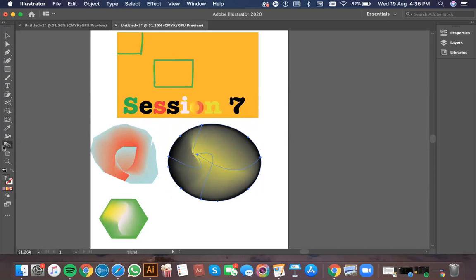The blend tool won't be used inside this one right now, but again it's used in sceneries. It can be used while making a poster. I think Hamza will tell you in more detail in the next session because he will be creating a poster from scratch. So you guys will have a lot of detail, but the blending tool is really important, especially when you're making portraits, because in portraits the blend tool is used a lot, especially for the face, the shading and all that stuff, because the blend tool allows, sorry,